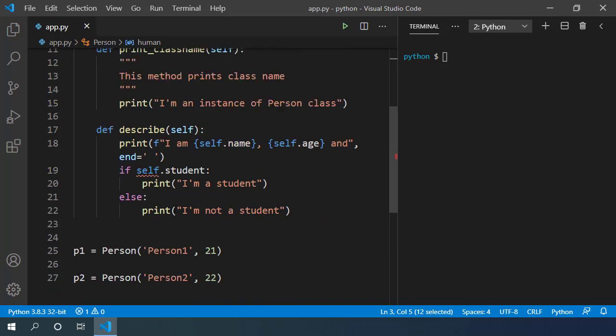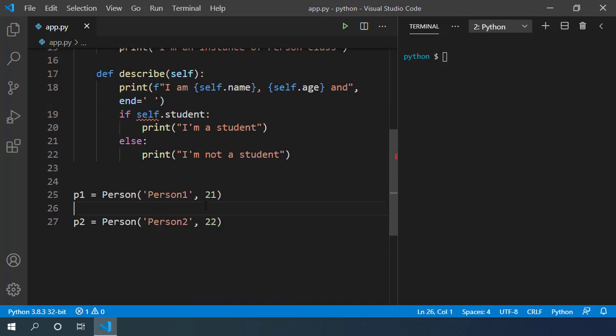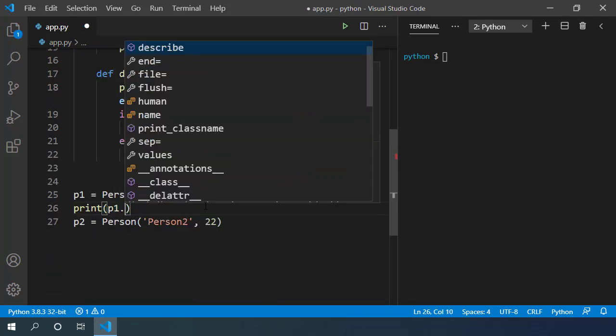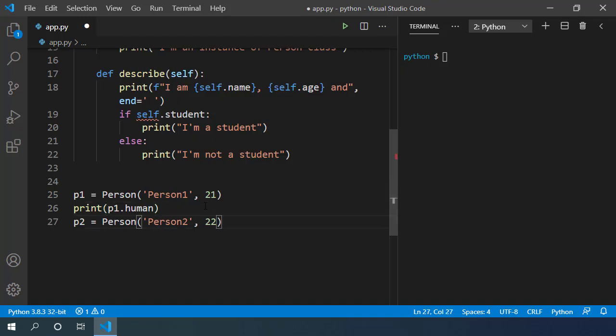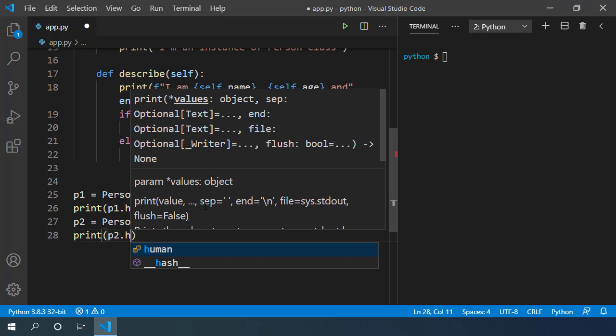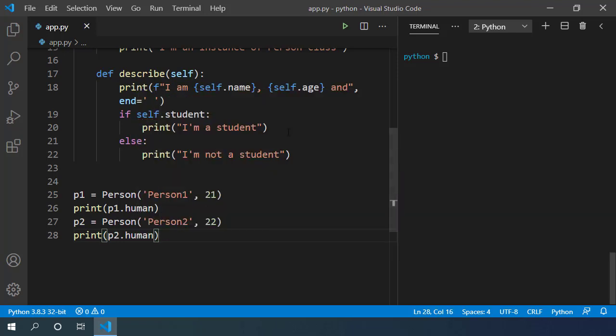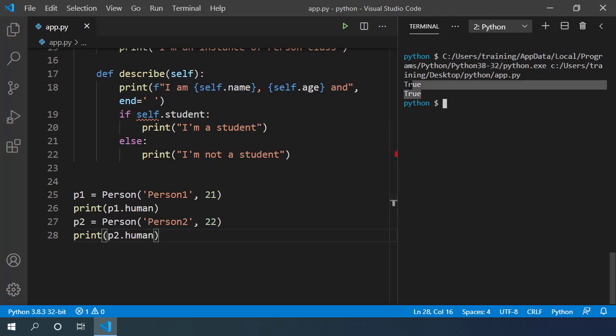Now to access this property, we can simply print p1.human here, and for the p2 object, I can type print p2.human, and if I execute this code, it will print True for both the values.